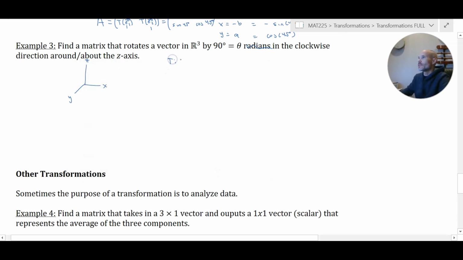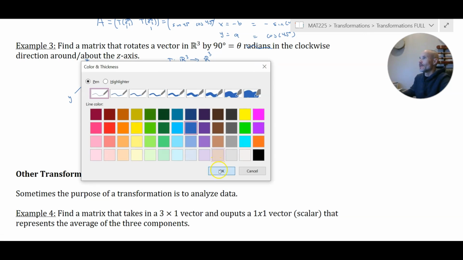So our transformation is going to take a vector that is in R3, and we're going to produce another vector that is in R3. That's just a 90-degree rotation about the z-axis. Then in this case, because we are in R3, we'll have 3 standard basis vectors: 1, 0, 0, 0, 1, 0, and 0, 0, 1. Okay, so to conduct this transformation of, first of all, the 1, 0, 0 vector,